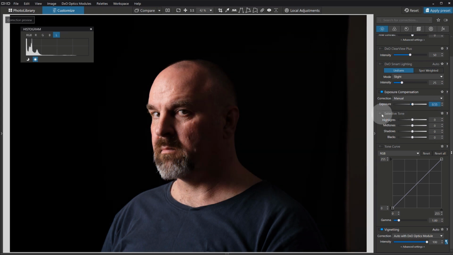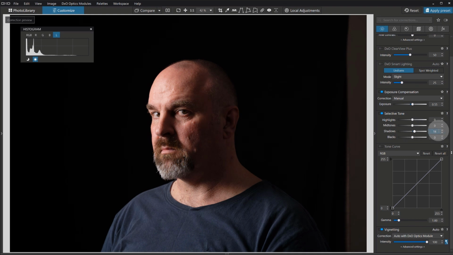And I'm also going to come here to selective tone, and I'll raise my shadows maybe about 15 or so, because I do want to bring them up a bit, just not as much as smart lighting would have done. And I'll also raise my midtones maybe to about 10-ish. So that's probably looking pretty good. Now the other thing that I want to do in the light tab is come up to my contrast space,